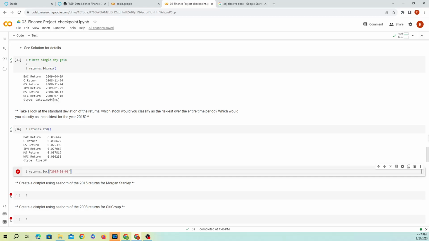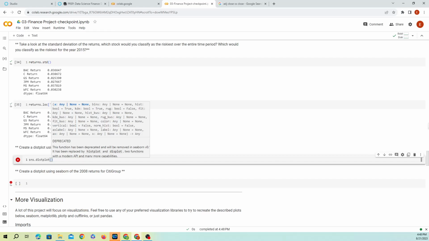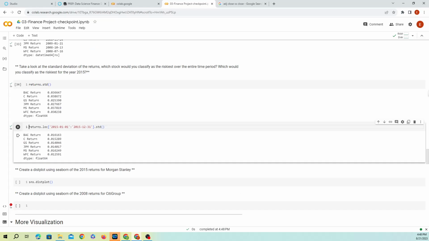We're gonna use the distribution plot, and we're gonna pass in the data that we just grabbed. Not the standard deviation, I don't think we want that, just the data. I'm gonna put that as my data, and then I'm gonna look at the MS return.